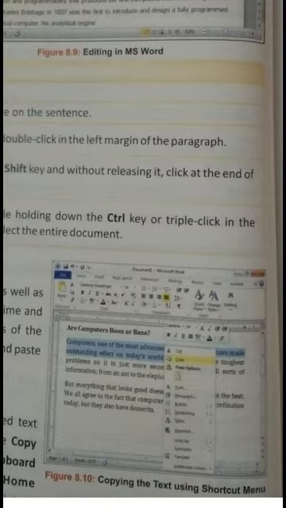Select the copy button, and after that where you want to bring this text, go there, means bring your arrow there with the help of the mouse and right click the mouse. The same pop-up menu will come to you and select the paste button. Shortcut keys are also there. For copying you can press Ctrl C, and for pasting you can press Ctrl V.